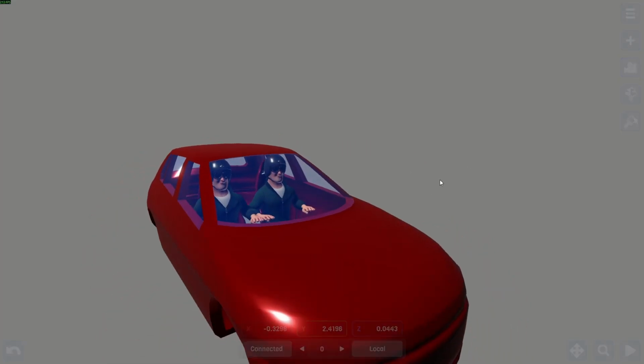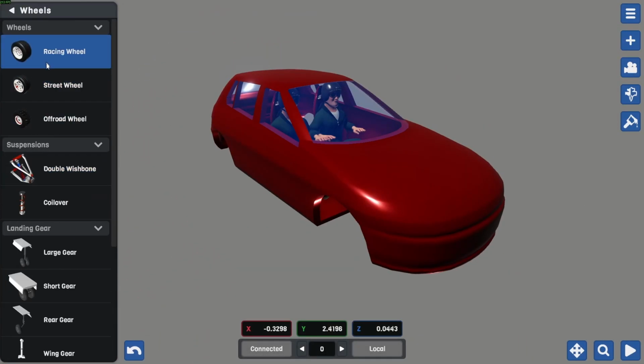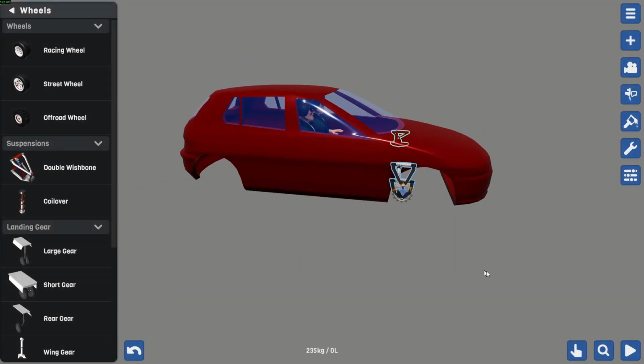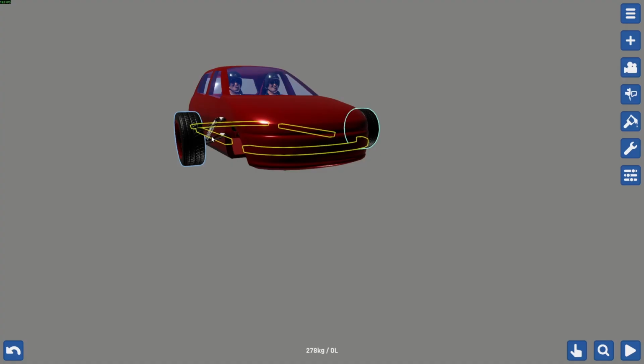Next, we need to add wheels to the car. You can do this really easily by just going into the wheels section, grabbing a double V-bone and just putting it on the car like that, for example. Grabbing the street wheel, then grab the V-bone